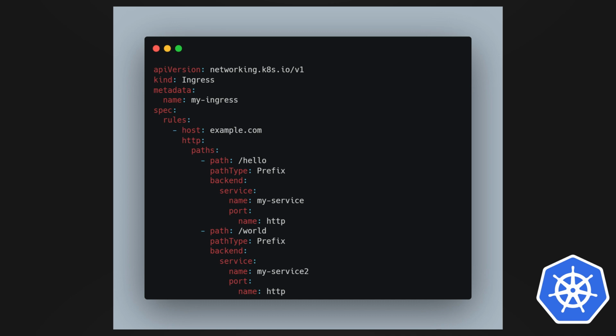In conclusion, Ingress is a powerful Kubernetes resource that allows you to expose your services to the outside world using HTTP and HTTPS protocols. With Ingress, you can do path-based routing, SSL/TLS termination, load balancing,